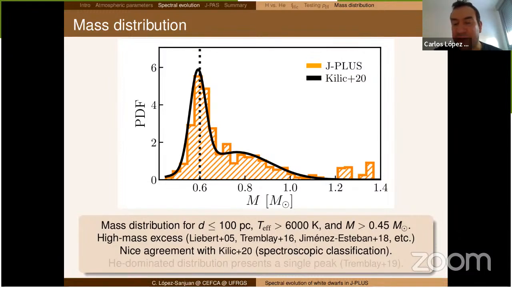There is an overdensity. We need to wait for future releases to see if this is real or not. But these massive objects are real, because people made spectroscopic follow-up of the more massive systems and confirmed that they are very massive with the spectra. And this is just an observational effect in the sense that we see a couple of them, but if we take into account the selection, we should observe much more. So we will see in the future if this overdensity is real or is just an observational effect.